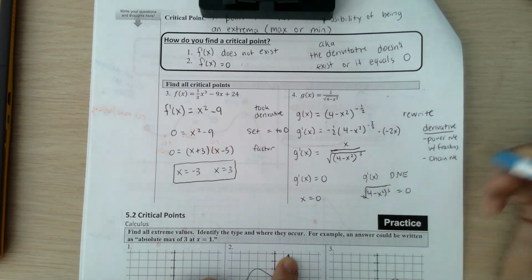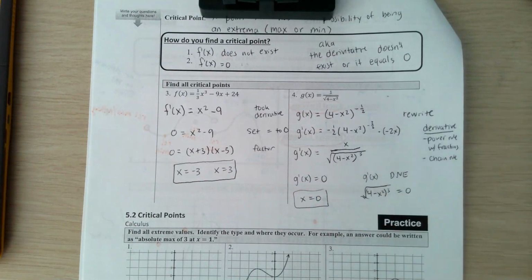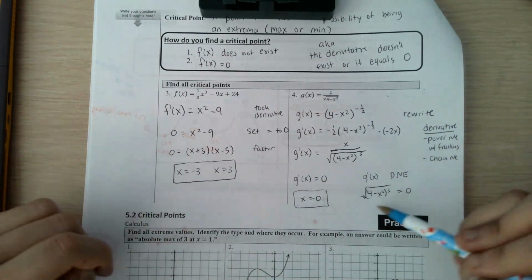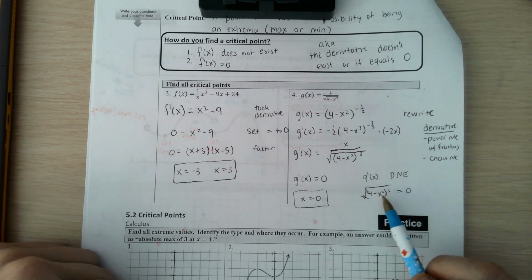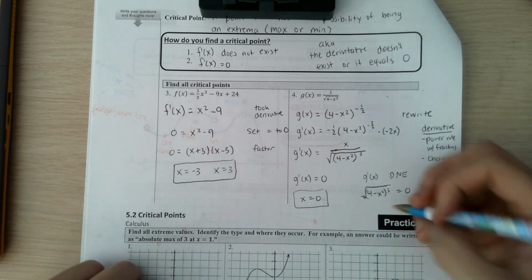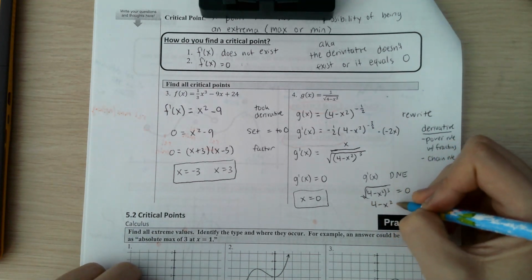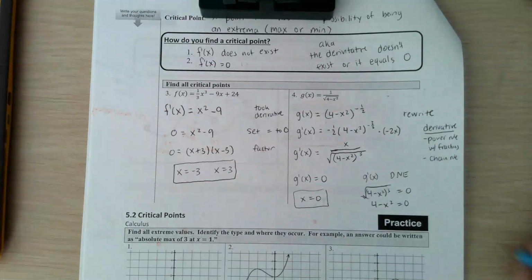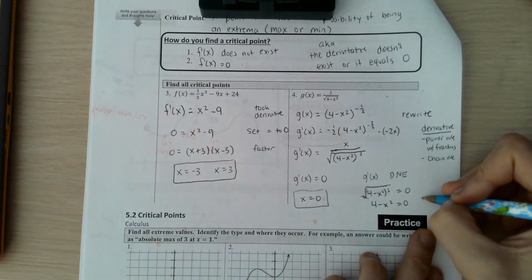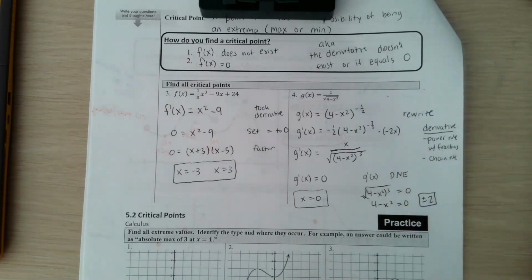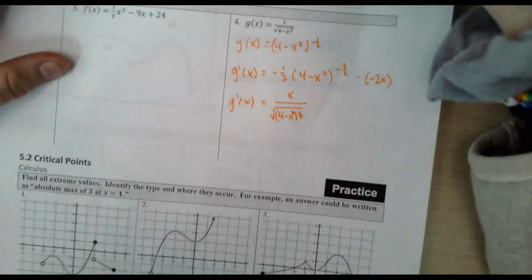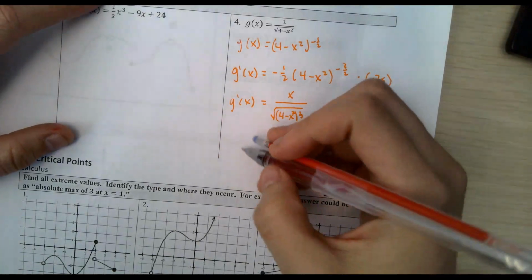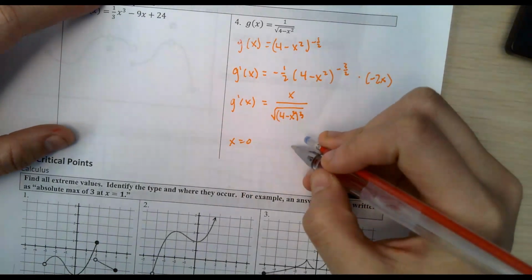Equals 0. Okay, so this one we're already done. This one, if this whole thing is 0, that means that the thing inside the parentheses has to be 0, because it would be 0 times 0 cubed and then the square root of that. So I'm going to just set 4 minus x squared equal to 0. And then you could factor it, or you could just know in your head that it's plus or minus 2. Okay, so I have to re-record the end for this. So we set the top equal to 0, and we set the bottom equal to 0.